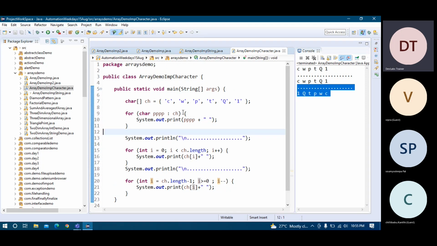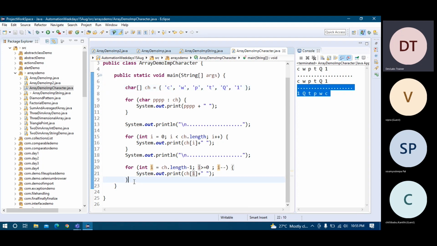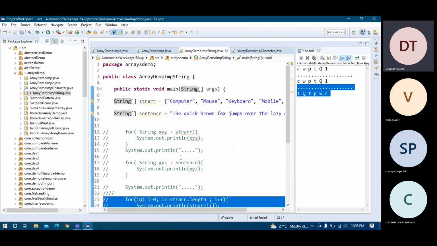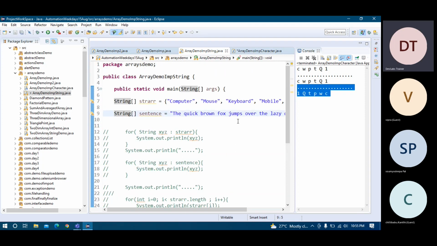So this is one way, where you have to create a character array and then go for printing. Now I will take one string and I will convert it into a character array. That is also possible. Let me show you that part. Consider that this is the string I'm taking.